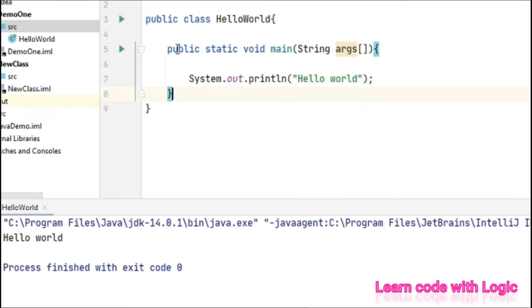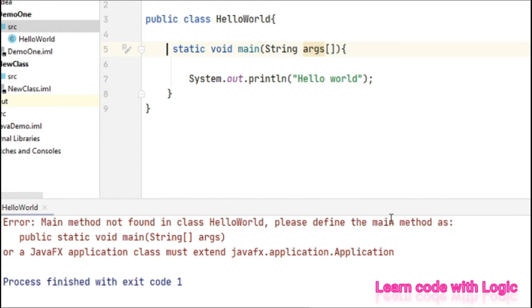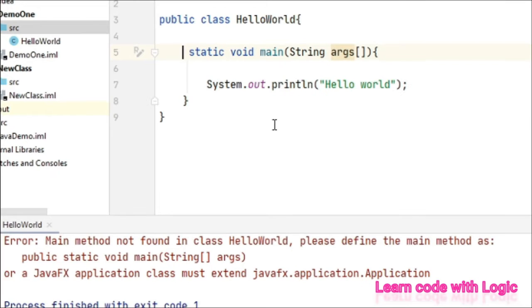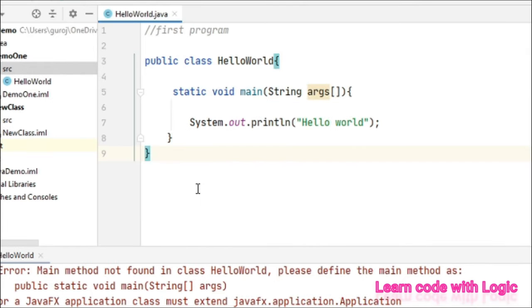Now let's remove the access modifier public here. If you compile, it's still compiling, but let's see. If you run the code, it immediately throws the error. This is a runtime error. If you get the error while compiling, that is a compile time error. The error that comes after running the code is called a runtime error.